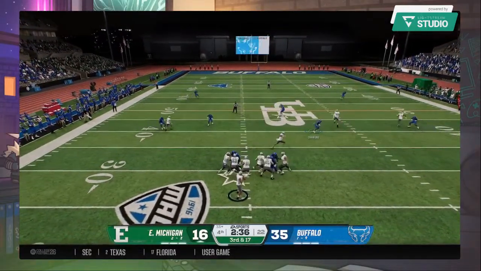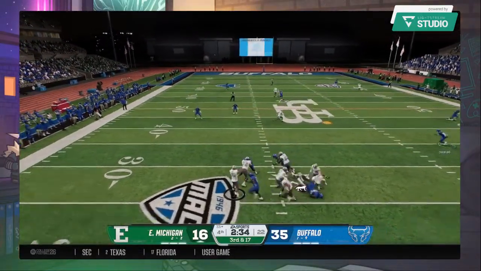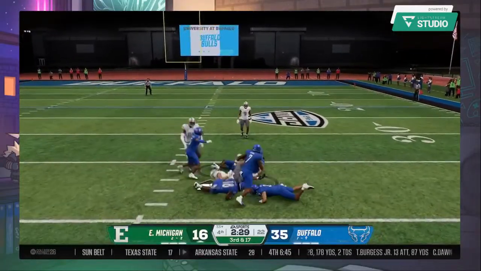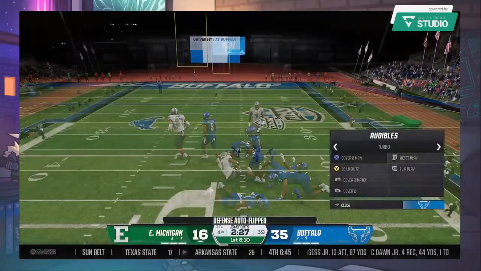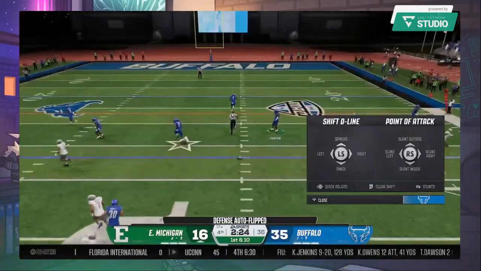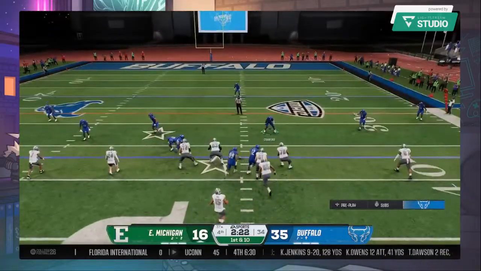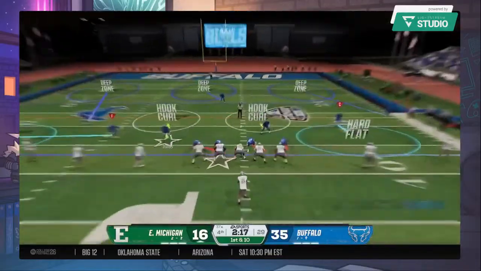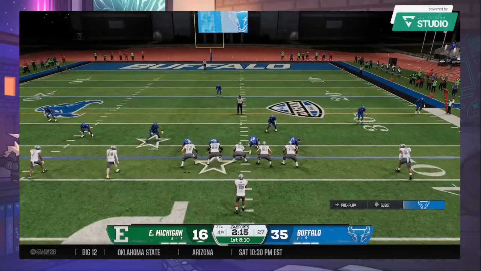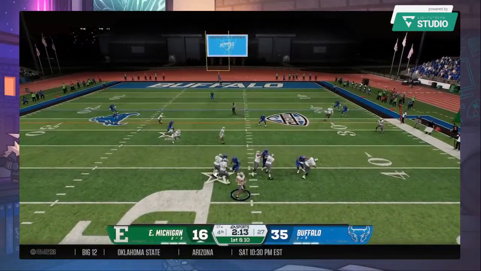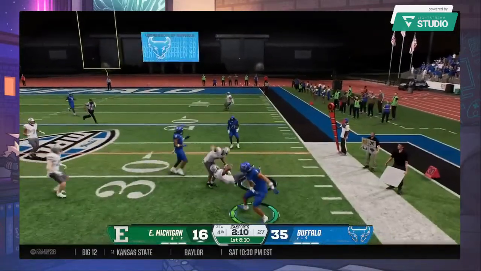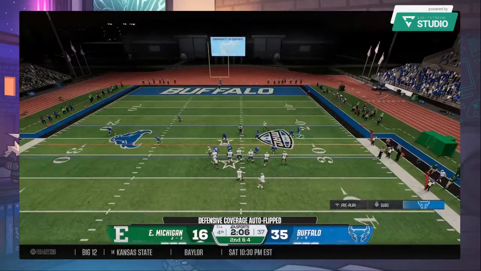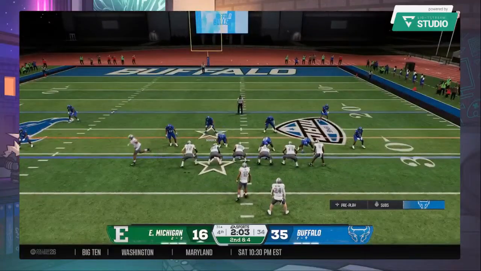On 3rd and long, hoping to throw beyond the sticks. Here's the pressure. Caught over the middle. It's Lockett. Boy, did he look as if he was going to go. Gets it down to the 37. Eastern Michigan surgical on offense right now. To the air on first down. That's caught. It's Rooks. They stop him almost immediately. Short gain there, and still a little ground to cover to pick up the first.